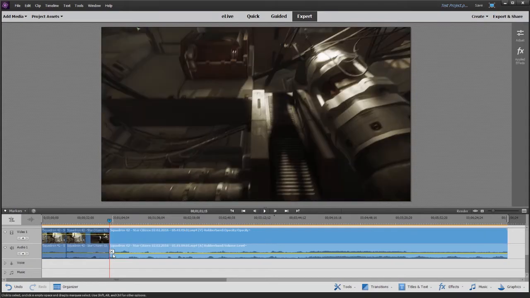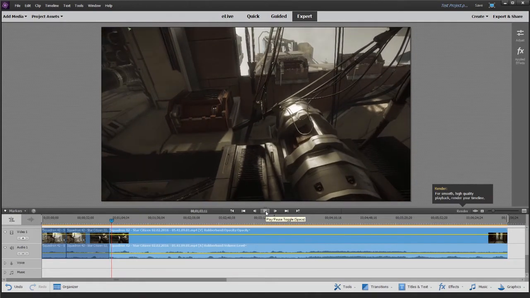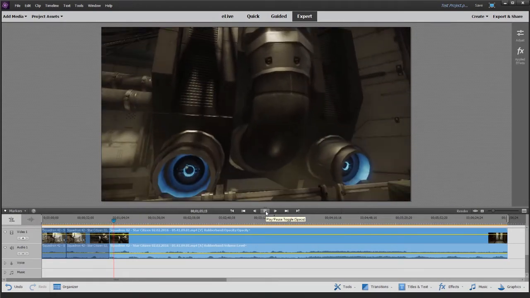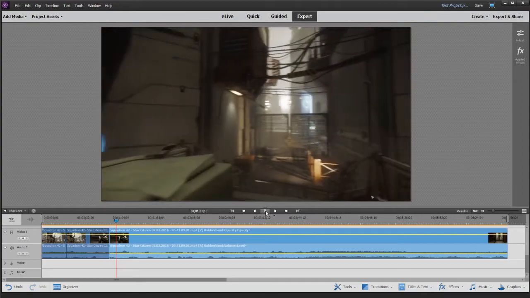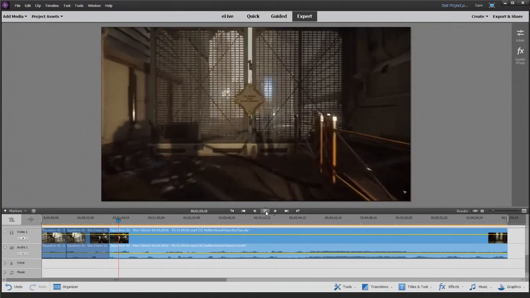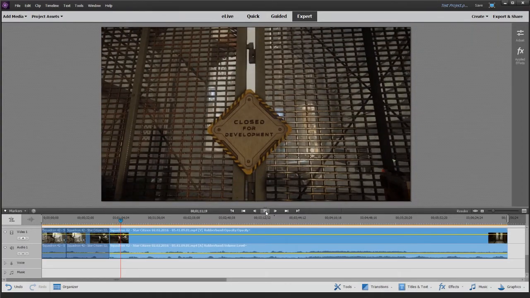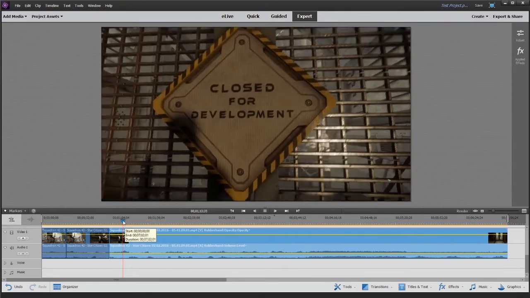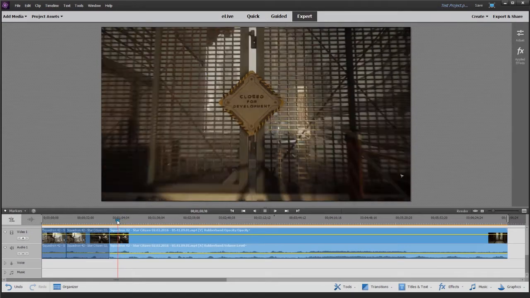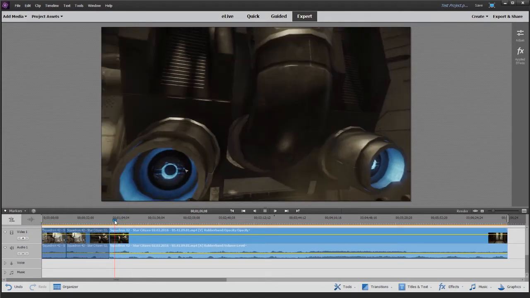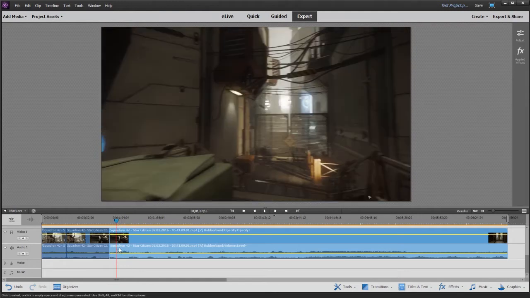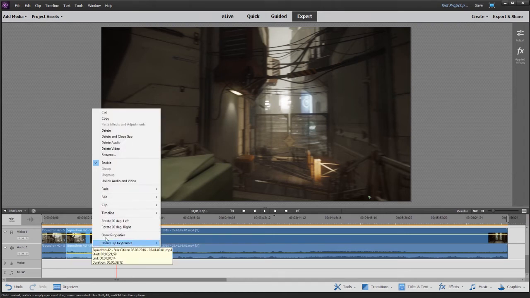about here that I found these massive engine things and looked at them. A lot of the areas are closed for development and not complete, so that's not very interesting either. Let's go back to when I pan away and cut there. So this is a bit of video I want to keep. This is a bit of video which is walking around, so I'm going to right mouse and delete and close